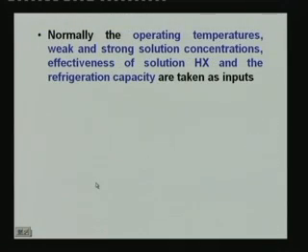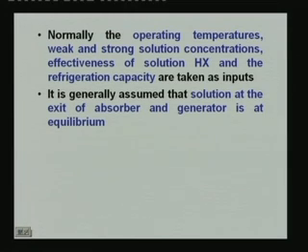Normally the operating temperatures, weak and strong solution concentrations, effectiveness of solution heat exchanger and the refrigeration capacity are taken as inputs, because to get the performance you have to supply certain inputs, and these are the typical inputs to any system design. From these inputs and the set of equations you arrive at the required performance parameters. It is generally assumed that the solution at the exit of absorber and generator is at equilibrium. If you want to use the solution property tables, that means the PT concentration and enthalpy temperature concentration charts, remember that these charts are for equilibrium conditions. In an actual system, you may not find equilibrium,